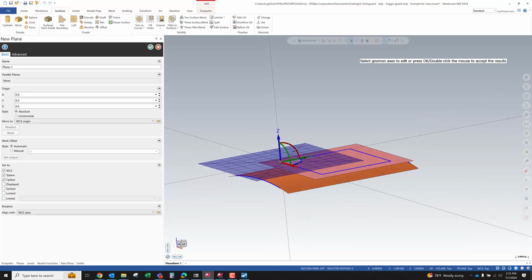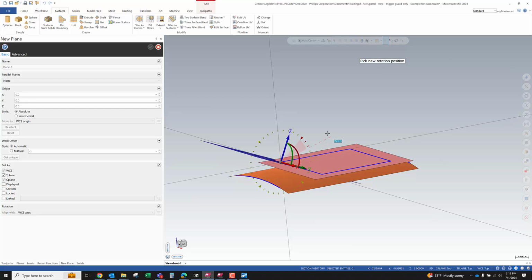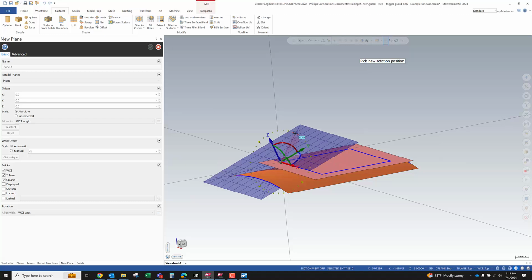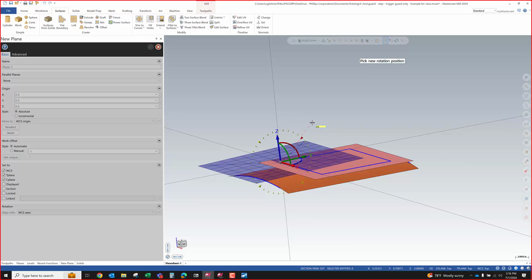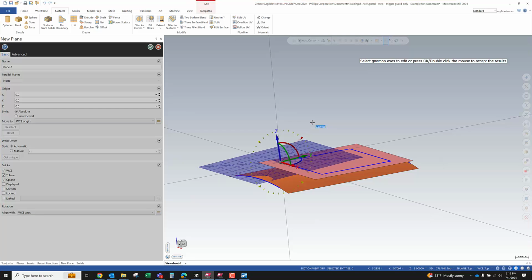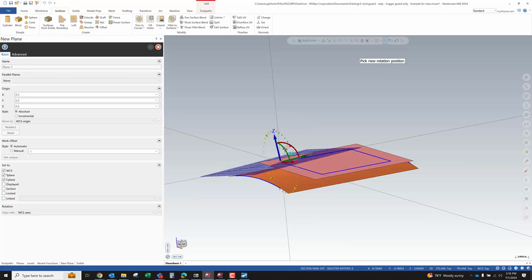Now I want to rotate it. Let's say I want to rotate it 3.5 degrees. Well, as I start rotating, you'll notice that as I'm on the tick marks, it's going to lock to an angle increment. As soon as I drag it off of there, there's a display for an actual angle. If I just start typing in a number, I'm going to type in 3.5 degrees on my number pad. I'm going to hit enter once to accept the number, and then I'm going to hit enter again to accept the value. So I'm going to do that, and then I'm also going to tilt it, say this way, and let's go